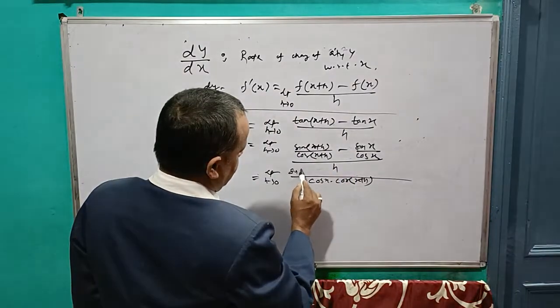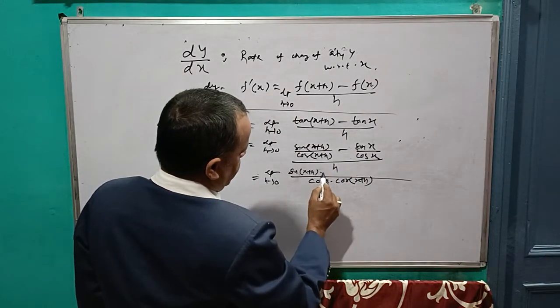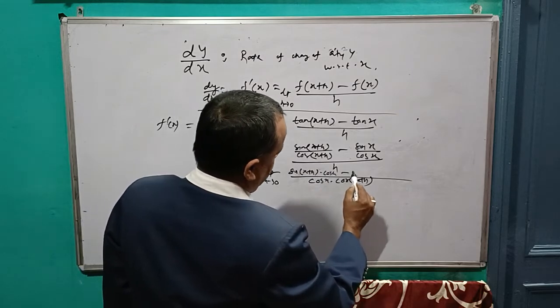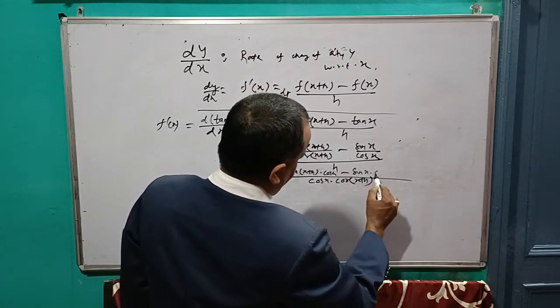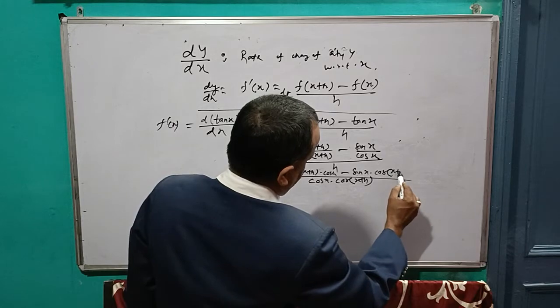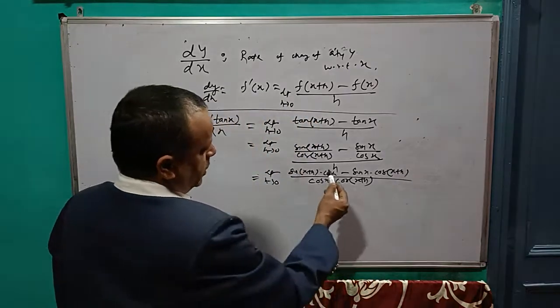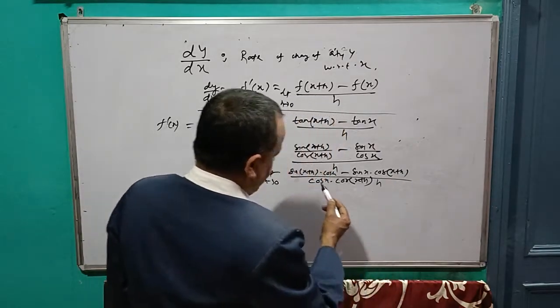So what we have? This is sin(x+h). Already we have it multiplied by cos x. This is sin x, and this becomes cos(x+h). This h I have left out. Again this becomes,